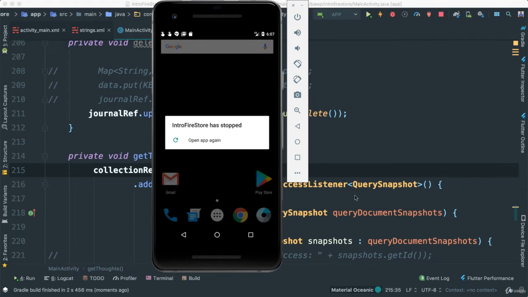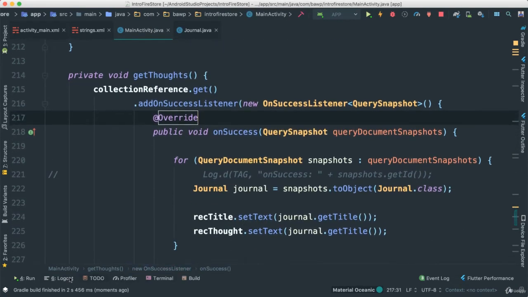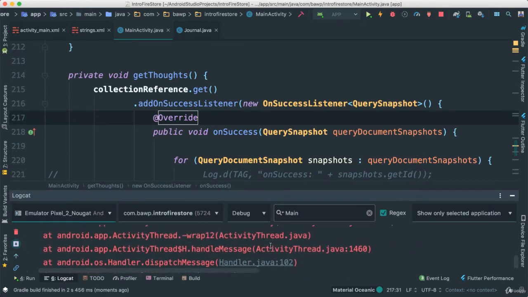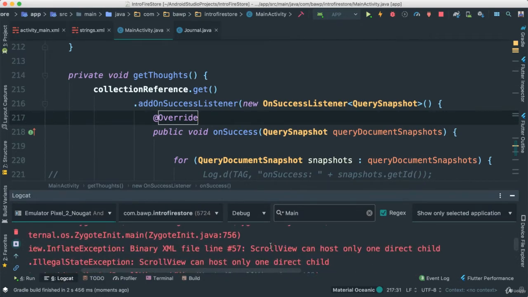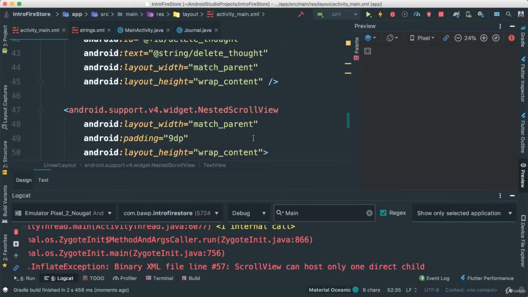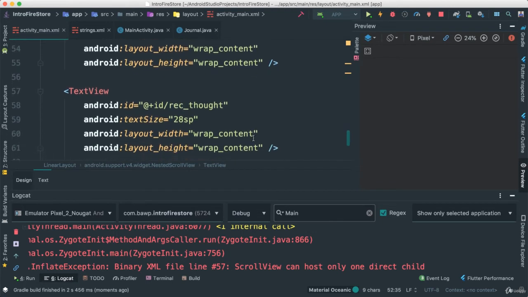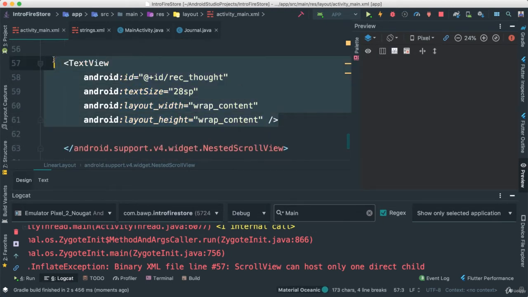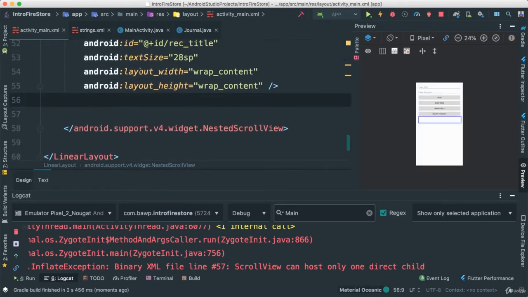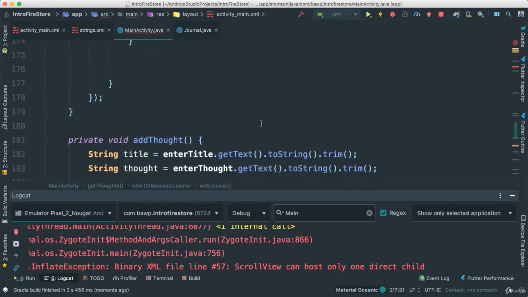Oh, we have a problem. Let's see, what is the problem? Logcat. I see, ScrollView can only have one direct child. So in this case here, no problem. Let's go back to our layout here. I'm just going to go ahead and get rid of one of these because you only can have one, as it says. So at this point here, inside of our main, we don't need to have